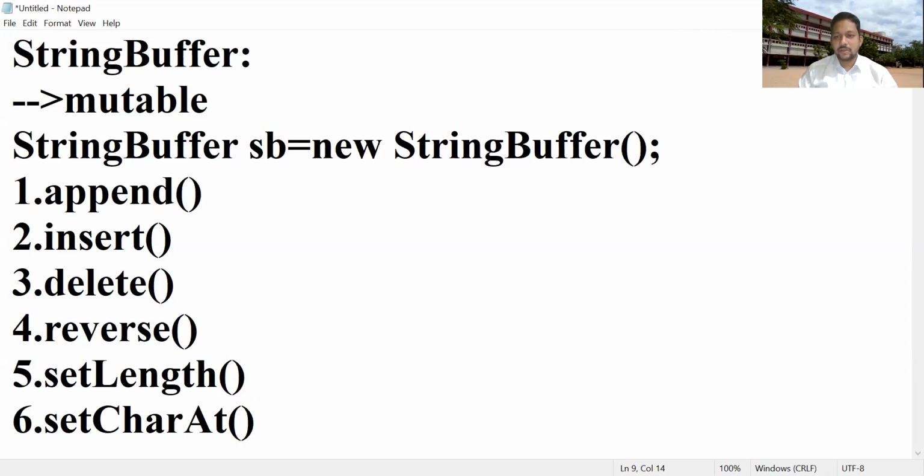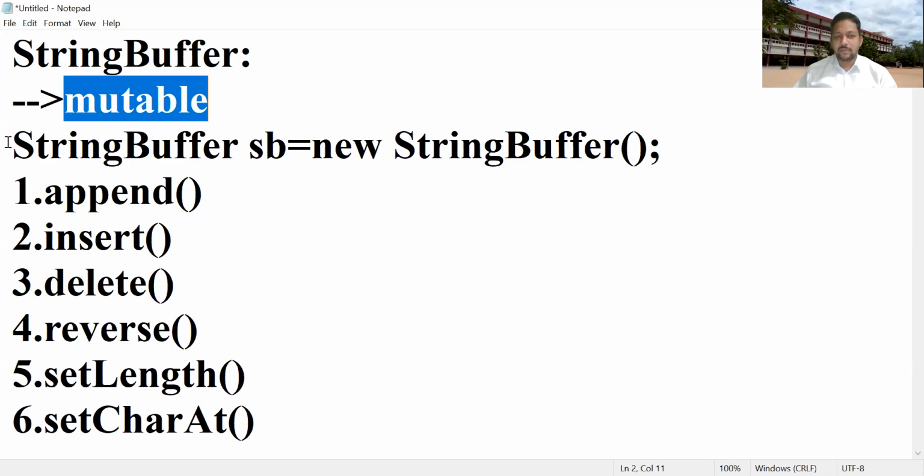The questions are: what is a StringBuffer class? How to declare a StringBuffer class? Then what are the different methods available in the StringBuffer class? The StringBuffer class is mutable. That means mutable means changeable. You need not create a separate object. Change is maintained in the same object in the StringBuffer class.